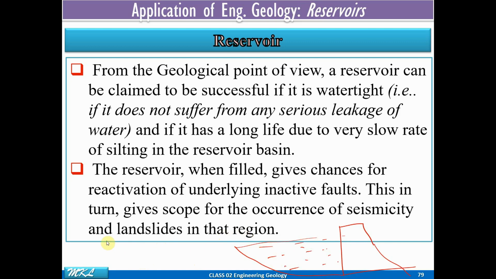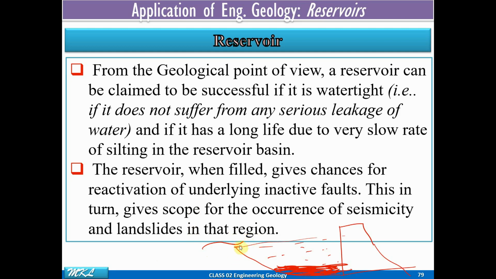If you have taken a bath in any pond or water body with stagnant water, you know that the bottom part is full of clay. If you have bathed in a pond, you will know the bottom part is full of clay because of the silting, the water is coming from the surroundings, or in this case by the